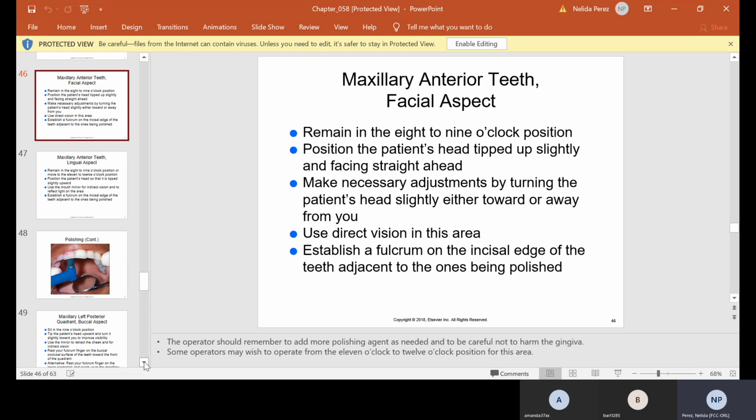Something that has not been mentioned, but you will also be fixing, is the light. You want to make sure the light is in the patient's mouth, not in their eyes, not in their chest. That way you have better visual. Also, I don't tell the patient to turn right or left because it is confusing to everybody. So just like it's saying here, you either turn towards me or away from me,